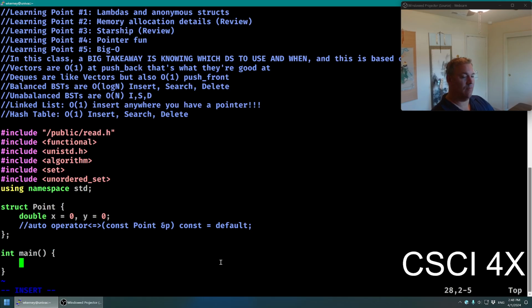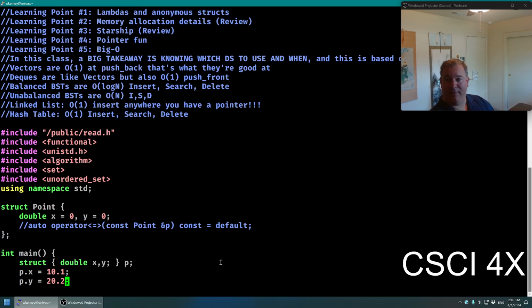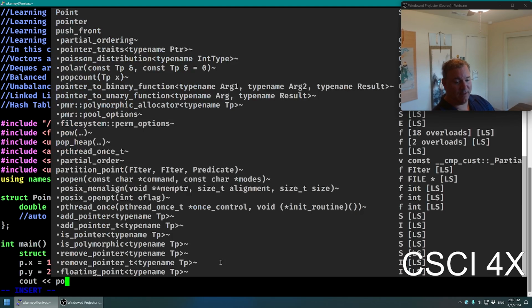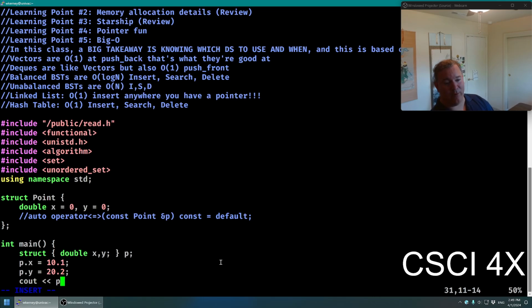But check it out. I could say struct, don't give a name, and just say double x, y, and name it p. And then I can say p.x equals 10.1, p.y equals 20.2, and I can cout p.x and p.y however I want. So I have just made a variable of a type that doesn't have a name.